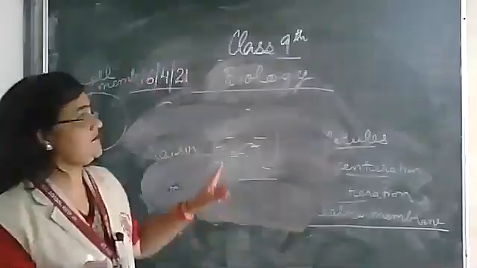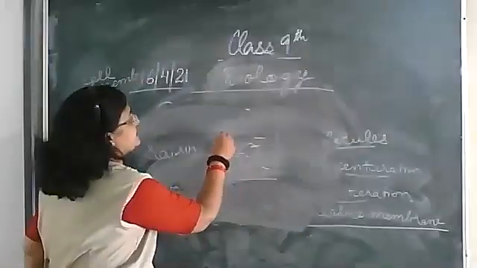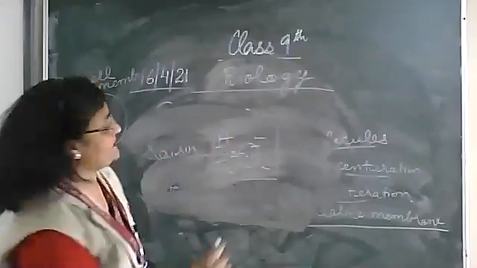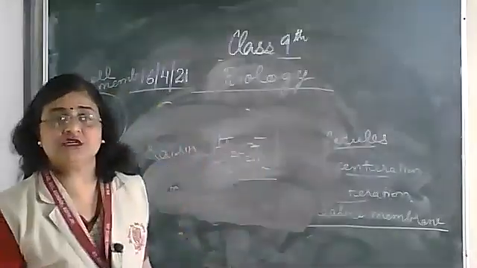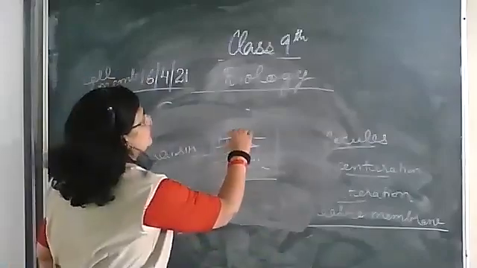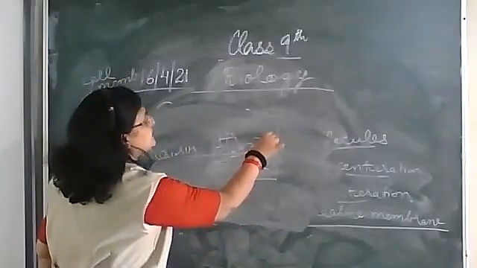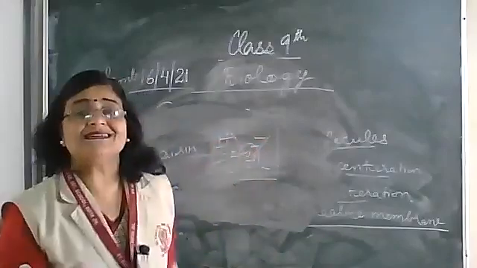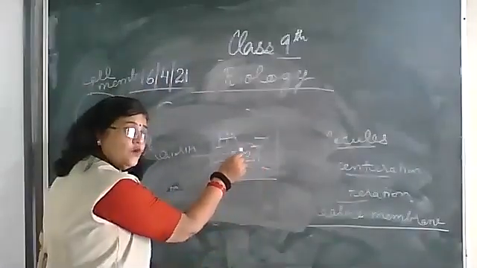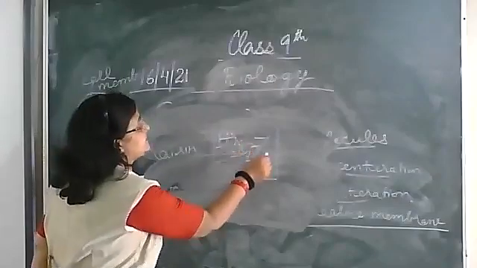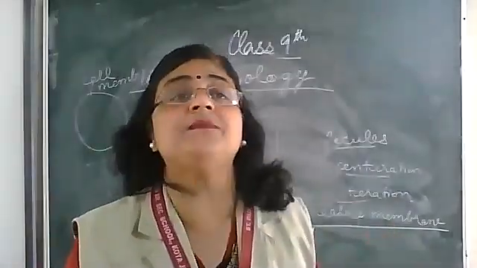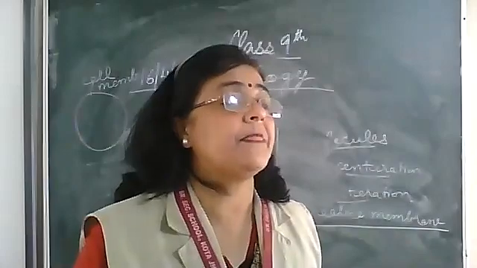Now pay attention carefully. Where is water more? Water is at high concentration outside as compared to the resin. Resin has low water concentration, isn't it? So what will happen? Obeying osmosis, water molecules will move from high concentration, that is from outside, to the resin. This membrane of the resin is semi-permeable. And what will happen after some hours? The resin will become double its size. So why has the resin swollen? Because of osmosis. Can you understand?